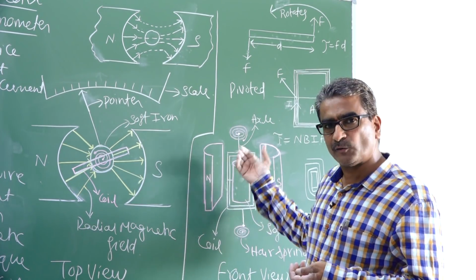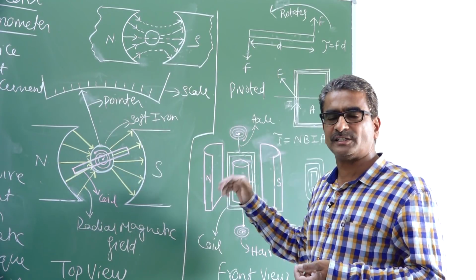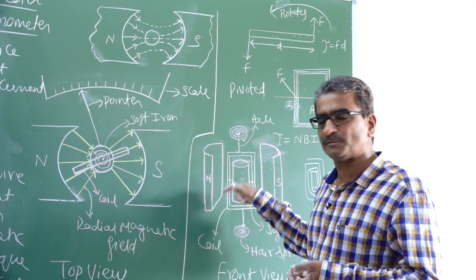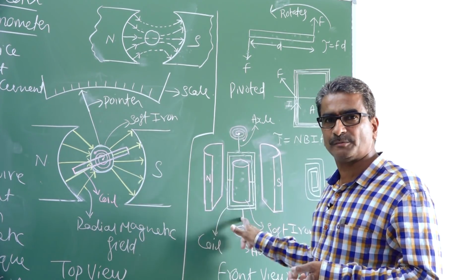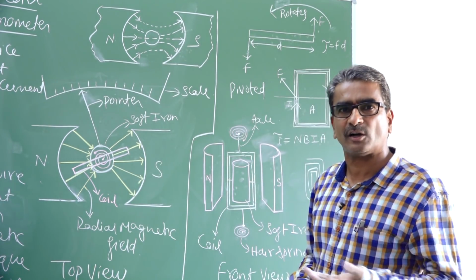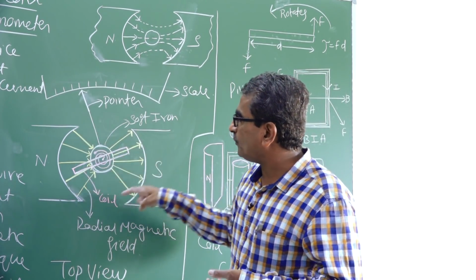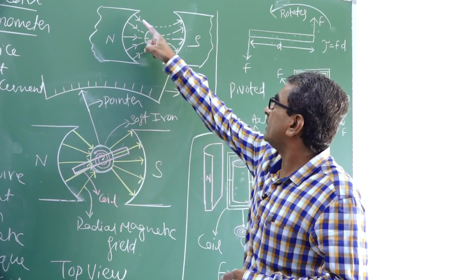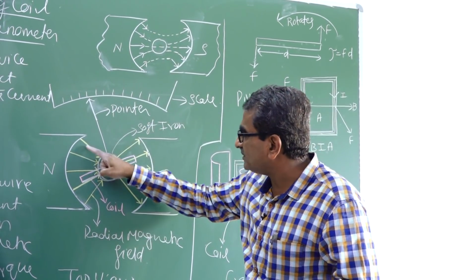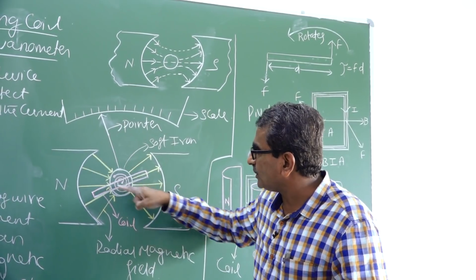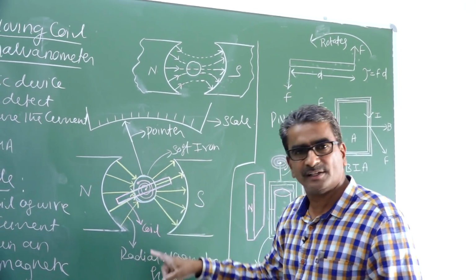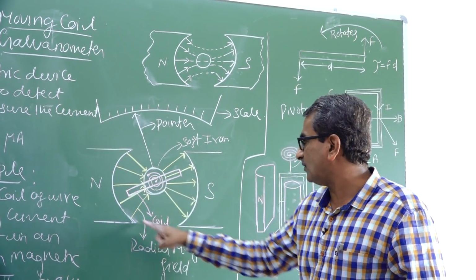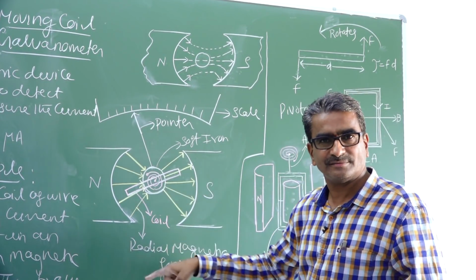In the coil, because of flow of current, one torque will be produced, that is deflecting torque. Another torque in the same coil is produced because of the spiral air spring, known as restoring torque or counter torque. Coming to the top view, before that get into this figure now. Look here, radial magnetic field means this. You can notice all these are magnetic field lines. They are directed all along the radius of this circular path.